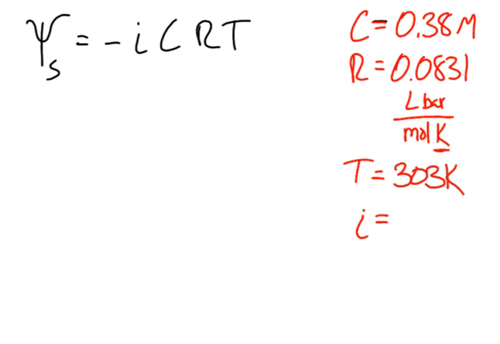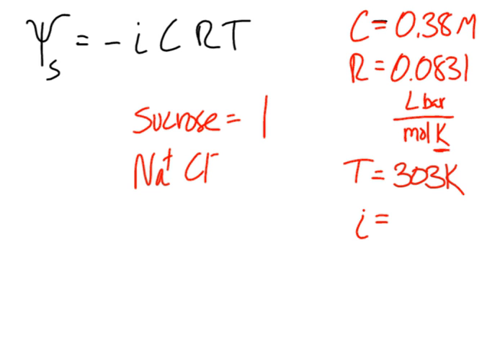Now, in many cases, like I said, it's going to be 1 or it's going to be 2, depending on whether the solute that you're looking at will ionize in the water, and if it does ionize, how many ions does it form? For example, if it's sucrose, sucrose does not ionize, so i would equal 1. Sodium chloride will actually break apart and ionize into sodium ions and chloride ions, and you'd have an ionization